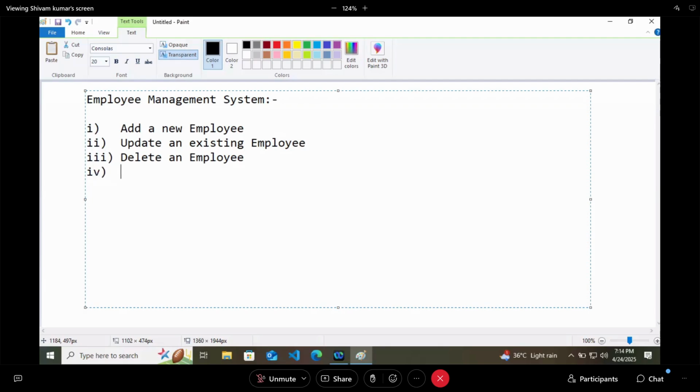The last command that we wrote was for exit. So this is what we were doing in the project.